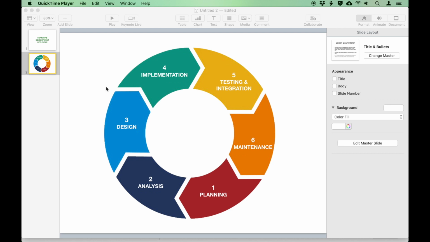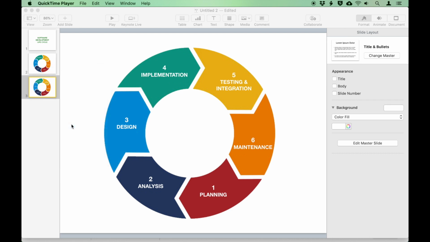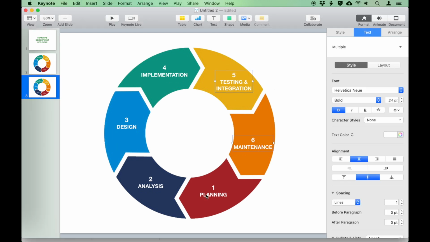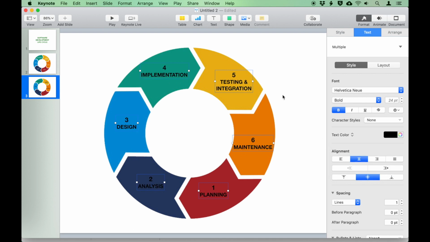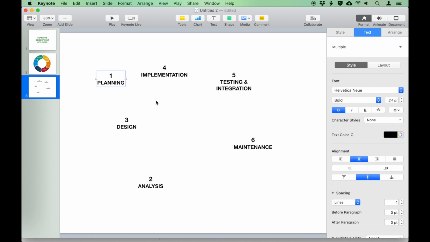Here's another example. I have a life cycle of software development. I'll duplicate the slide, then modify the duplicated slide. I'll then change the color of the font and then delete the lifecycle wheel. I'll arrange these text box